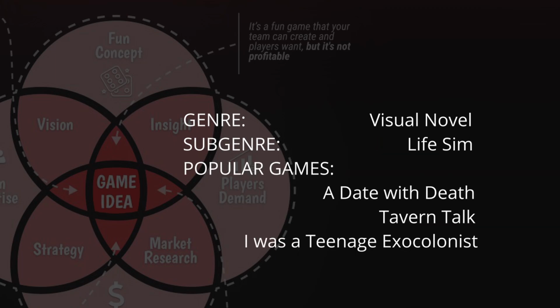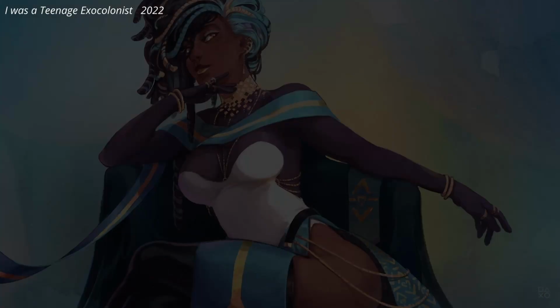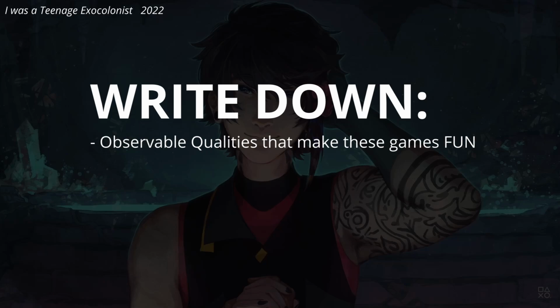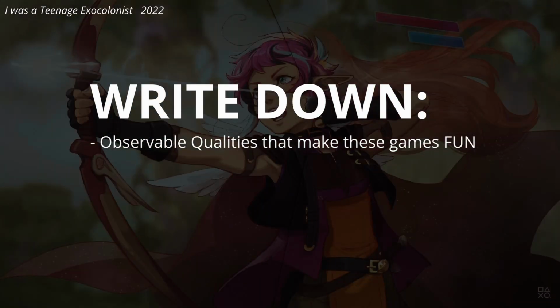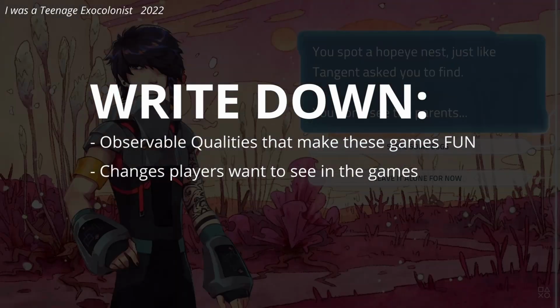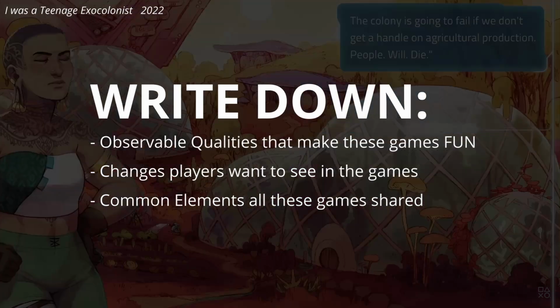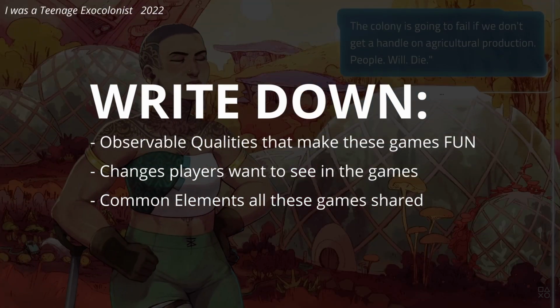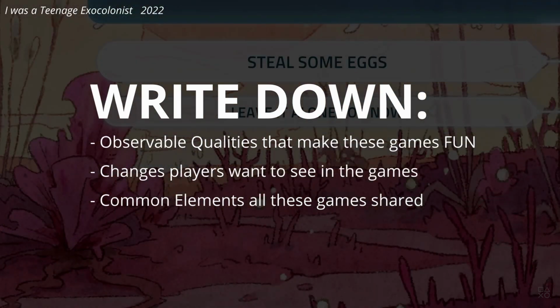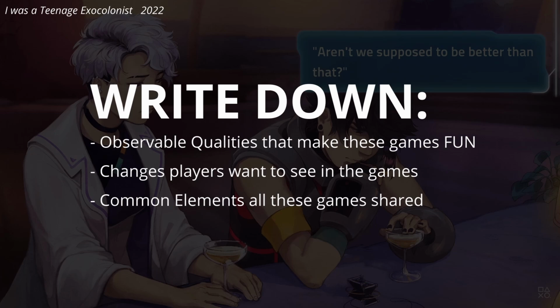Once you figure that out, find at least 3 of the most popular recent games that have come out in that genre and play them. If you come up with an idea in this subgenre, you may have already played them. Once you've played them, write a list of observable qualities that both you and other players found fun, changes people wanted to see in those games, and common elements all the games shared. If you see something in 3 different games in the same genre, players will probably expect it to be there